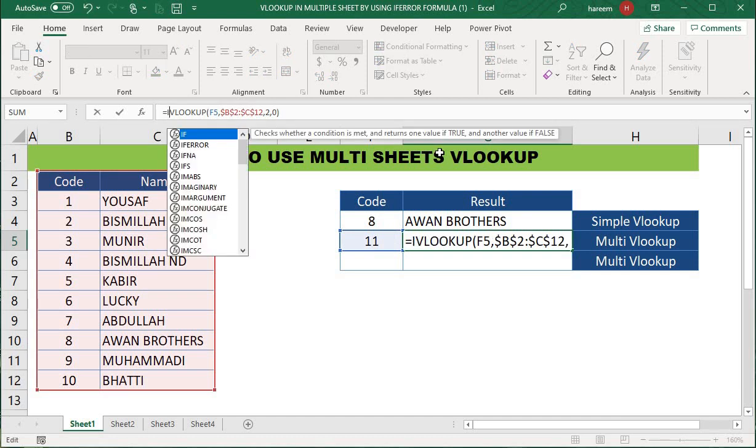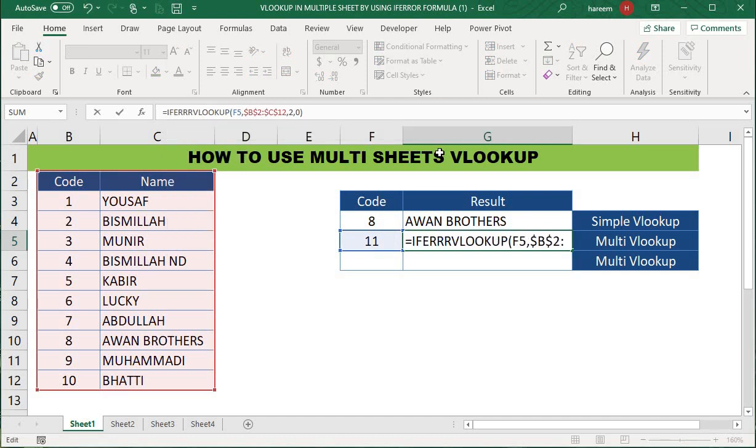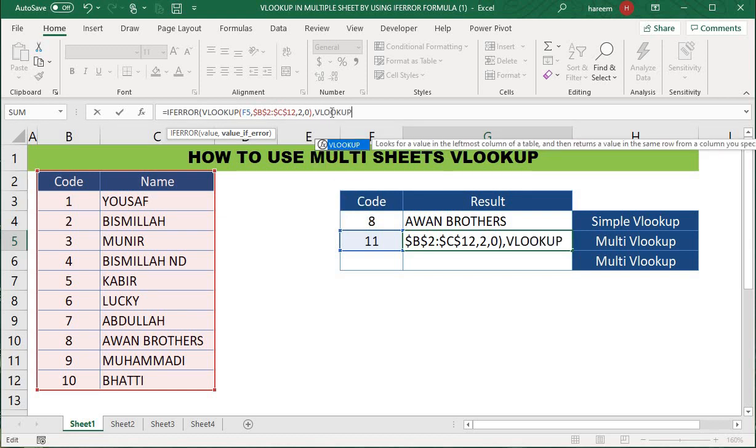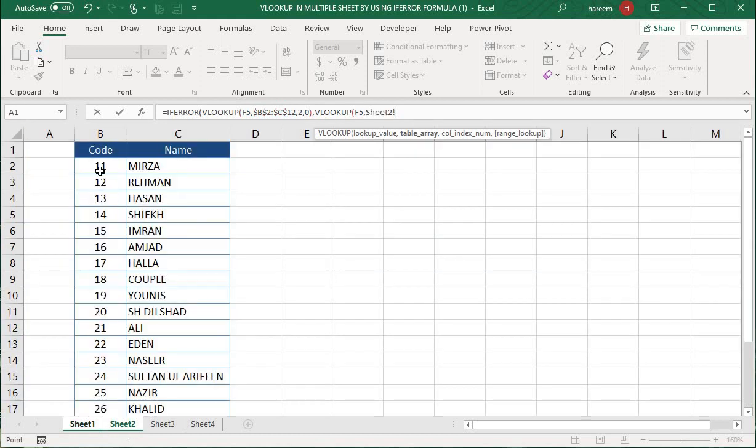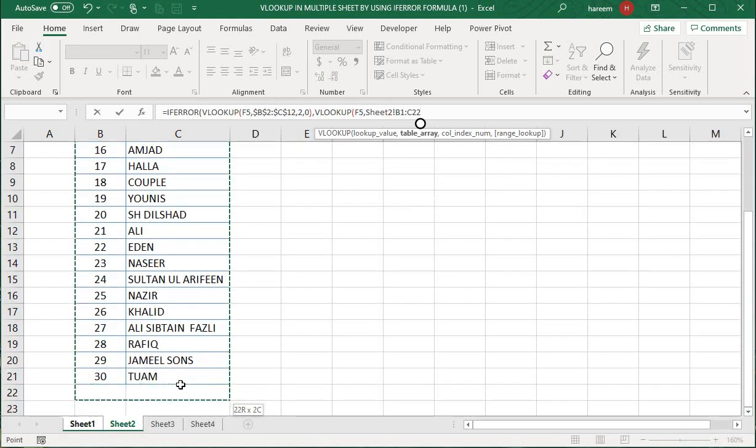It's very simple logic. IFERROR, I'll open the bracket. I'm telling that if error, then comma, use another VLOOKUP, the same, this is the lookup value F5, comma, now I have to go to sheet 2 and select the data.